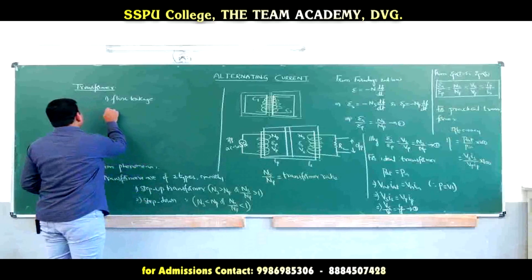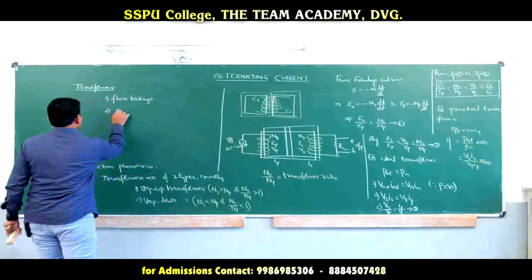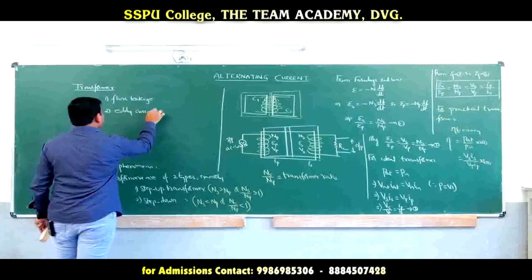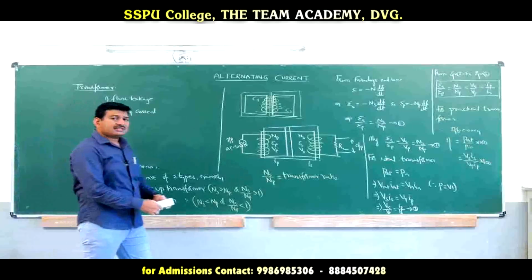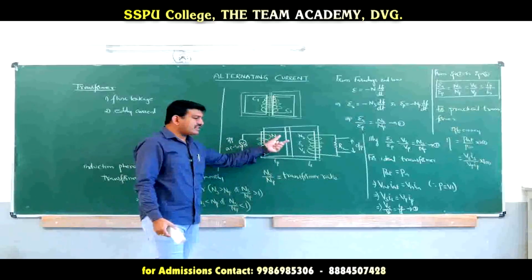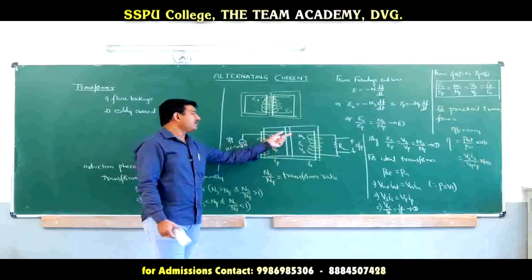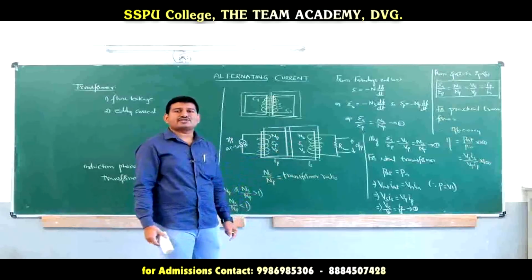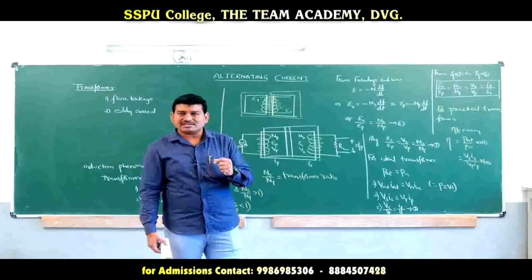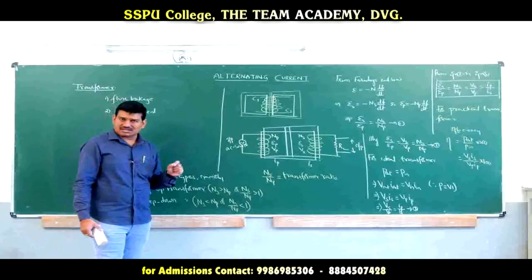And the second parameter that is affecting the efficiency of the transformer is eddy current losses. How are these eddy currents responsible for decreasing the efficiency of a transformer? You know that the transformer core is made up of metallic sheets. Yes or no? Inside this metallic sheet, whenever flux is changing with the coil, eddy currents will be developed in the metallic sheet of the core material. Because of these eddy currents, the transformer core will get heated. Because of that heating effect, there will be some loss in efficiency of the transformer.